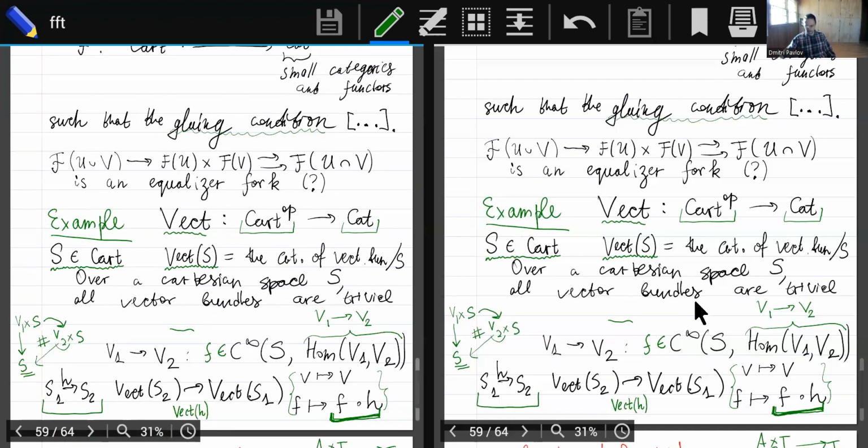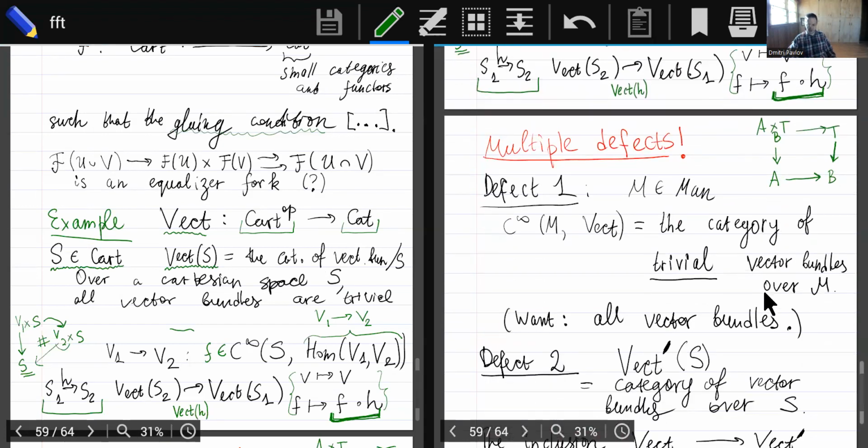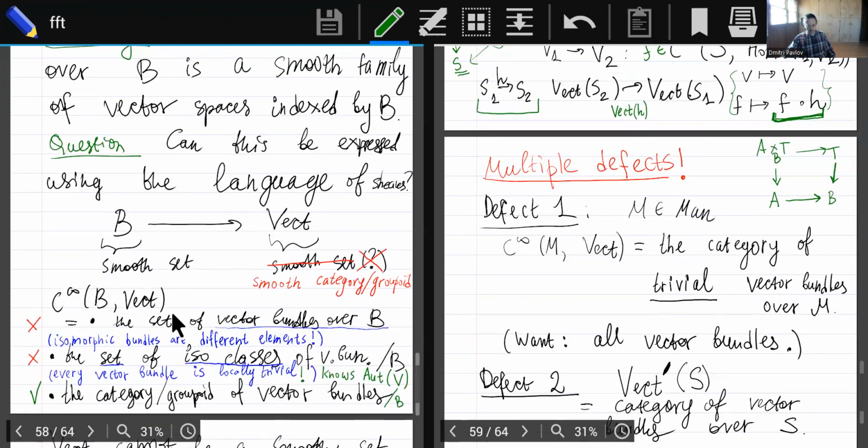All right, let me move on to pointing out that the definition we gave so far has multiple defects. Probably the most serious defect is that it doesn't give us what we want. Recall that our original motivation was to ensure that smooth maps from B to Vect are the same as a category, or maybe a groupoid, of vector bundles over B. Unfortunately, this property fails more or less catastrophically in our current description,